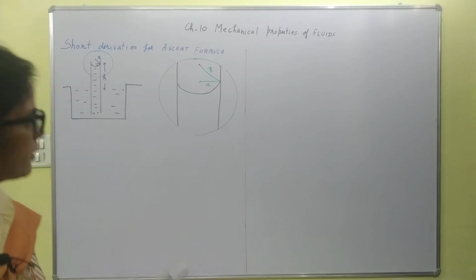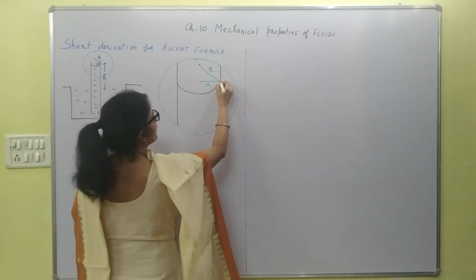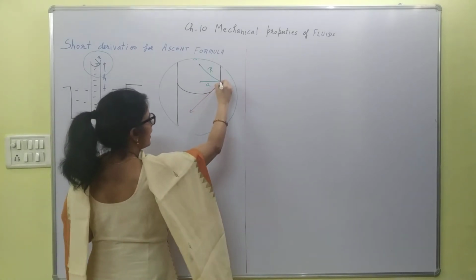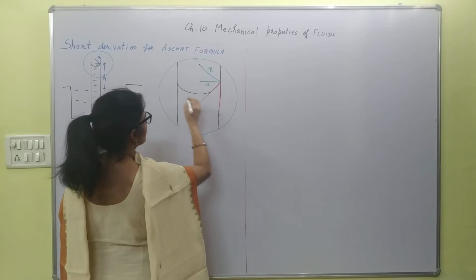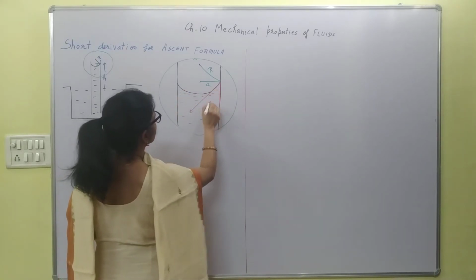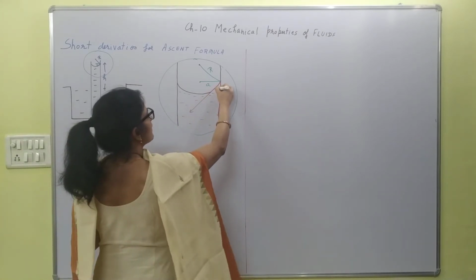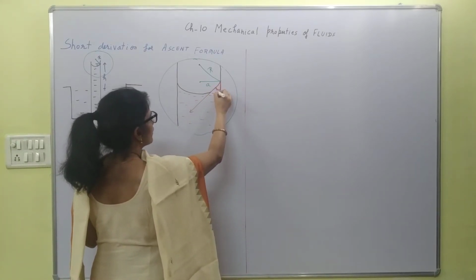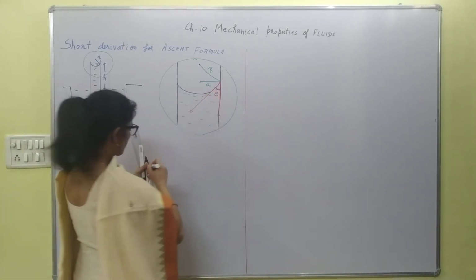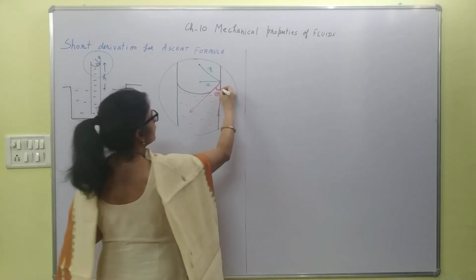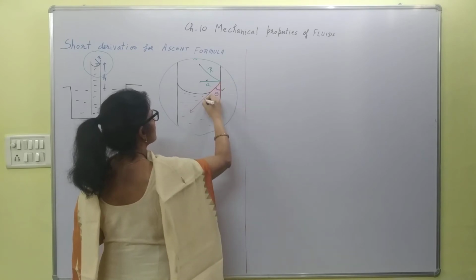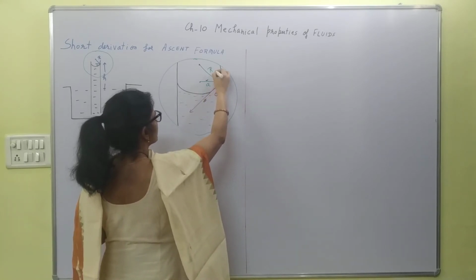Now, which one is the angle of contact? We know that angle of contact is the angle at the point of contact between the tangent drawn to the liquid surface and the line drawn well inside the container. This is your liquid, right? So this angle is angle of contact. If this is angle of contact theta, so a line which is perpendicular to this vertical line is this, right? And this tangent is perpendicular to this radius.